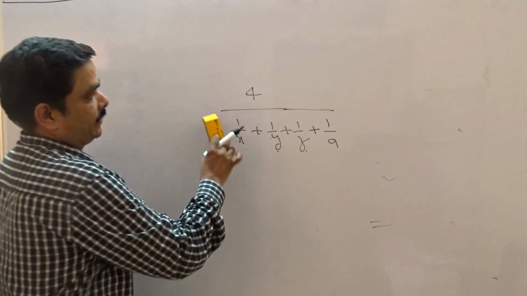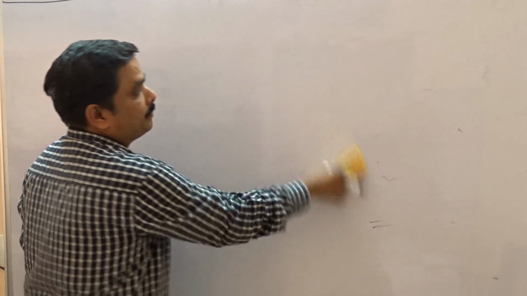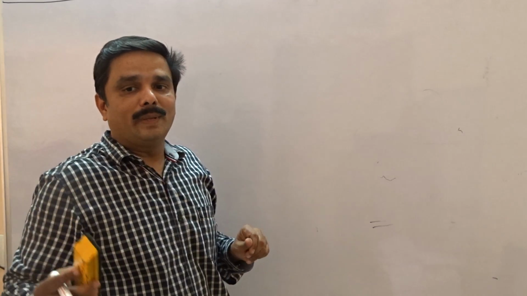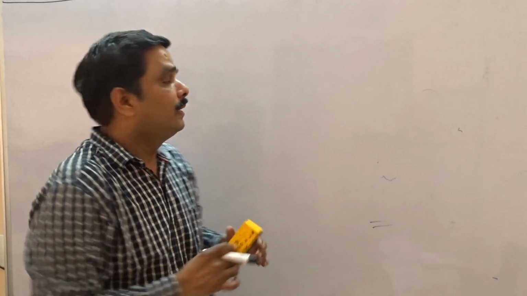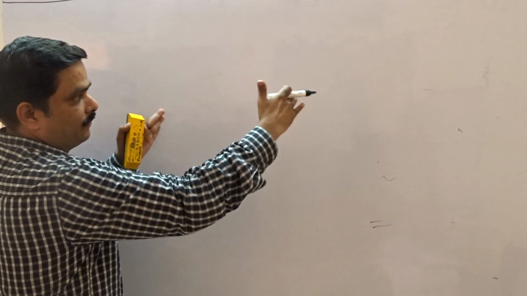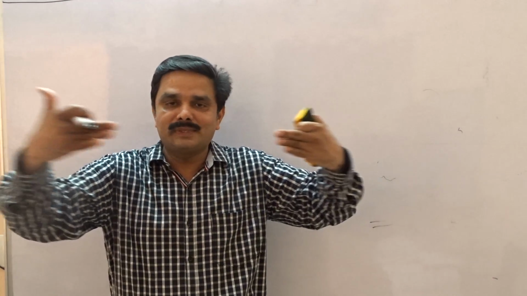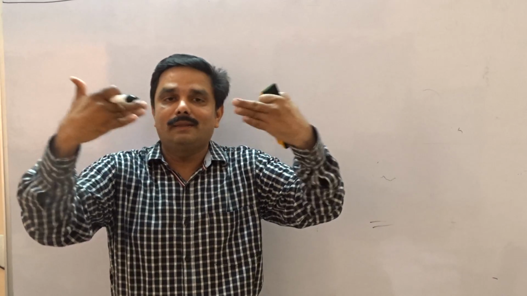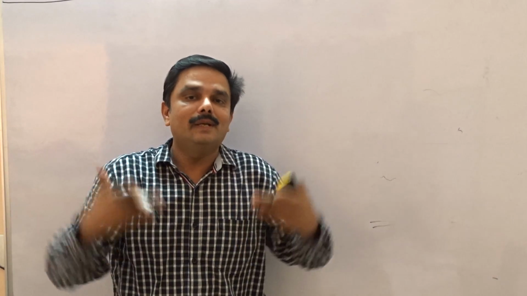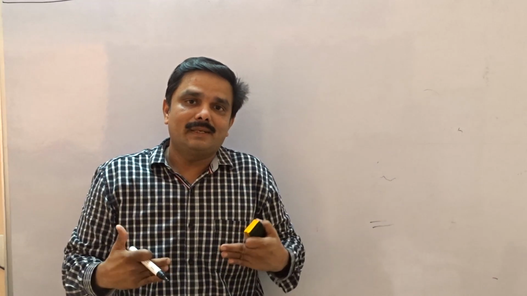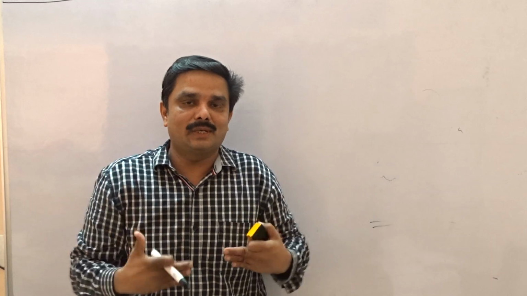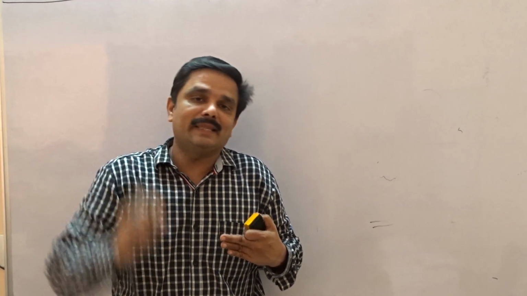And the next concept is relative speed. This is rather important. Many questions can be solved with the relative speed concept. Now, I will explain it with the help of one example. Relative speed can be taken in two cases: when the objects are traveling in the opposite direction, and when the objects are traveling in the same direction. When the objects are traveling in the opposite direction, to get the relative speed, you need to add the speeds. When the objects are moving in the same direction, you need to take the difference in the speeds.